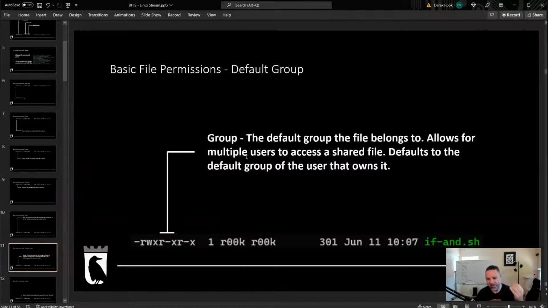The second set of 3 will be for the group, and here that's also Rook. If you're not familiar with Linux, everybody's part of a default group of the same name as the username, and that's why that's set like that. But we can actually set different permissions for the user that owns the file, as well as the default group for the file. So we can say, well, I as the owner need to read, write and execute, but the group that I belong to, say developers or QA or whoever needs to use this file the most, only needs to read and execute, or only needs to read and write, but they can't execute it, things like that.